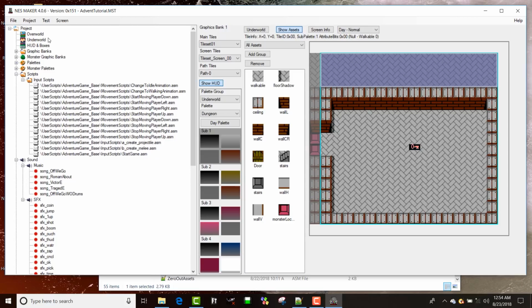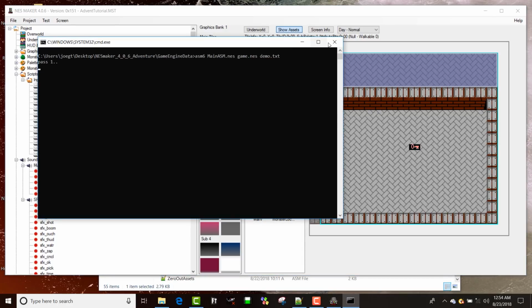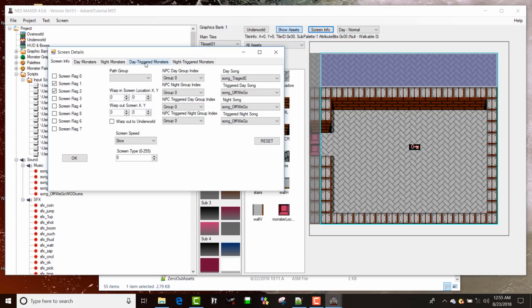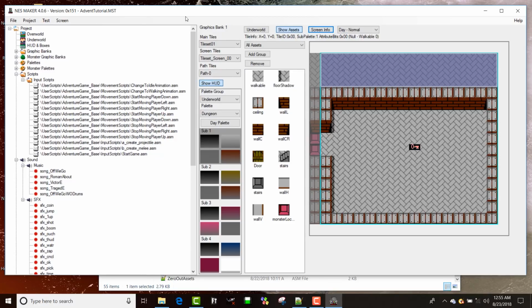So export and test this. Oh, and you know what? Before I do this, sorry, I'm going to set the music. So I'm going to go to screen info, and from my music, tragedy. Oh, right, because I already set it on the screen that I copied. Okay, so now what should happen is